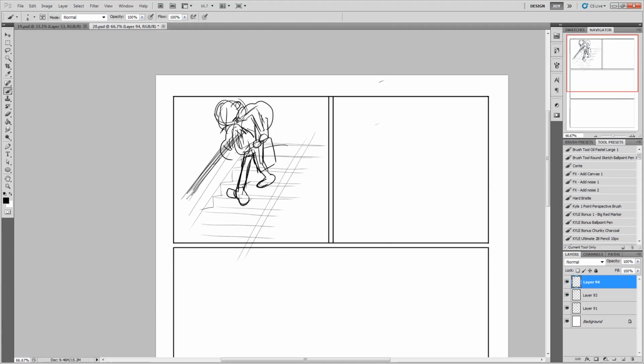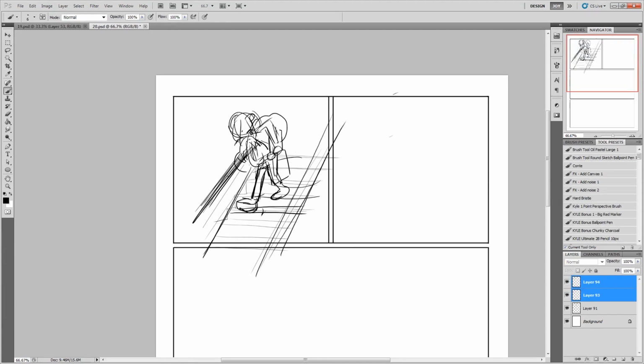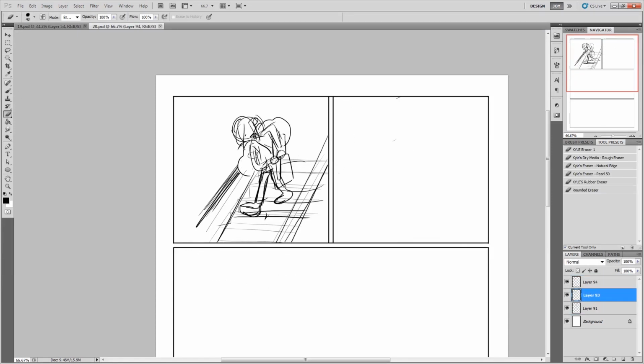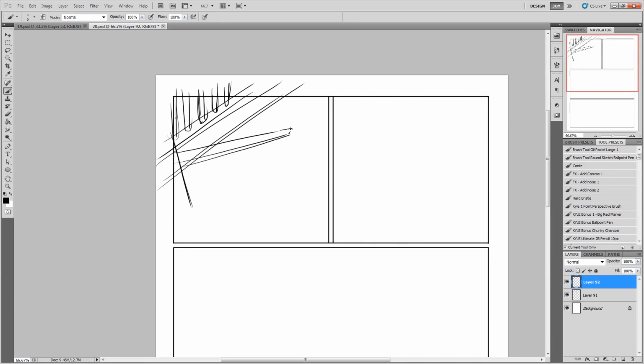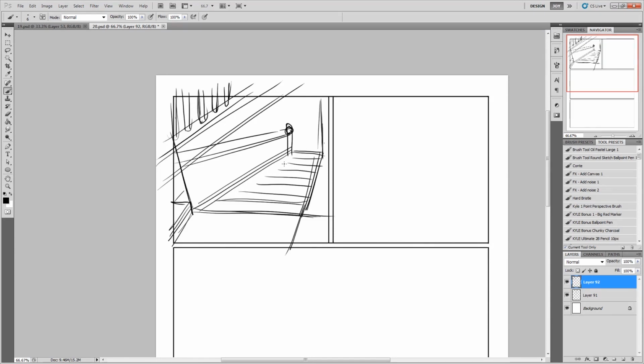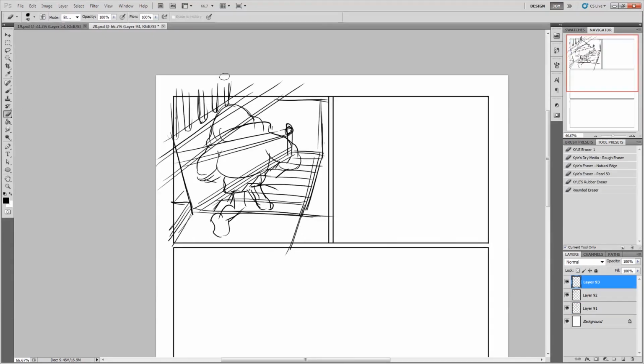my boxes. Like I said in my previous comic video, I don't really script a page out. I just kind of jump into it, and I found that the first thing that I do is kind of decide how many boxes I want to portray the scene in, and then I just kind of go from there. And I do change. You'll see towards when I'm almost done the sketching of the page, you can see me change those panels around. So yeah, so the first thing here, I am drawing a panel of Stella going down